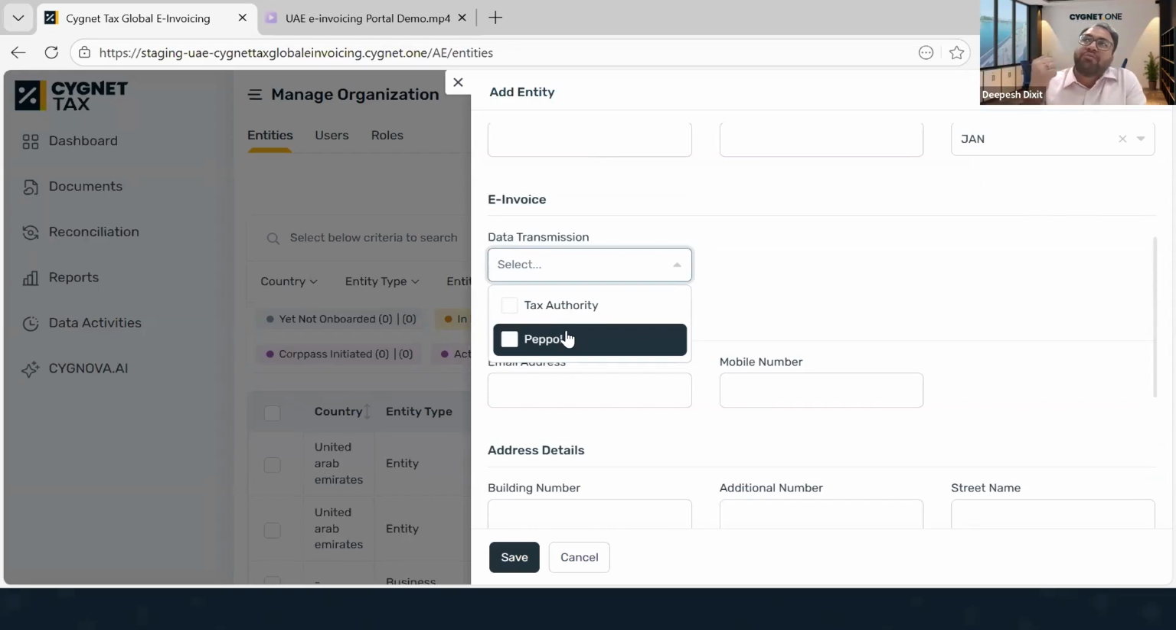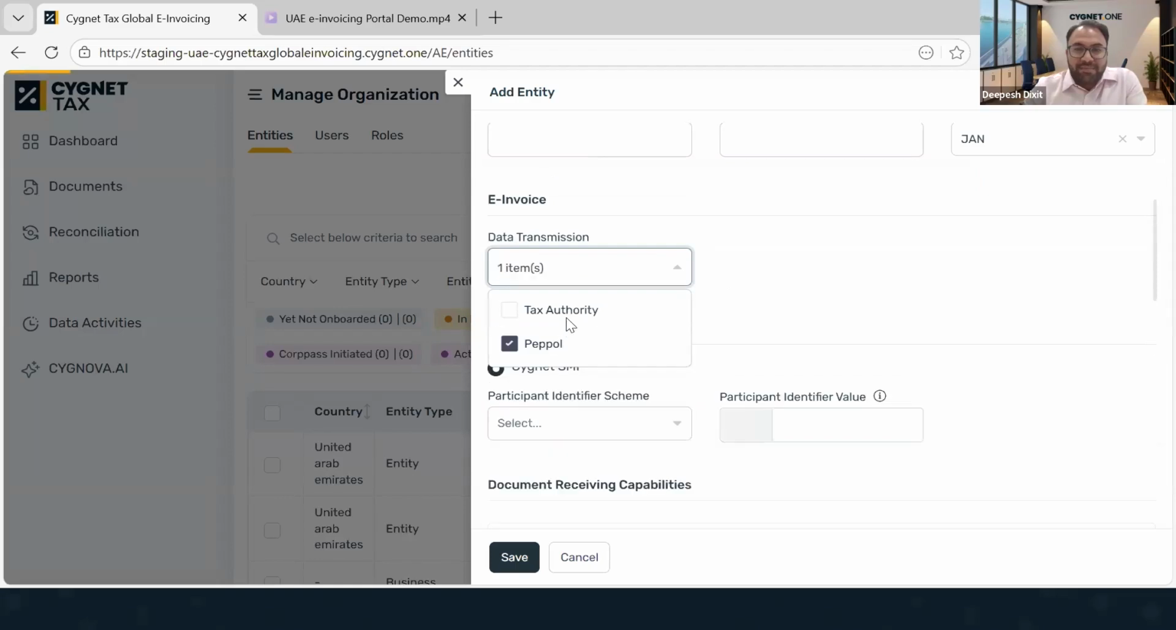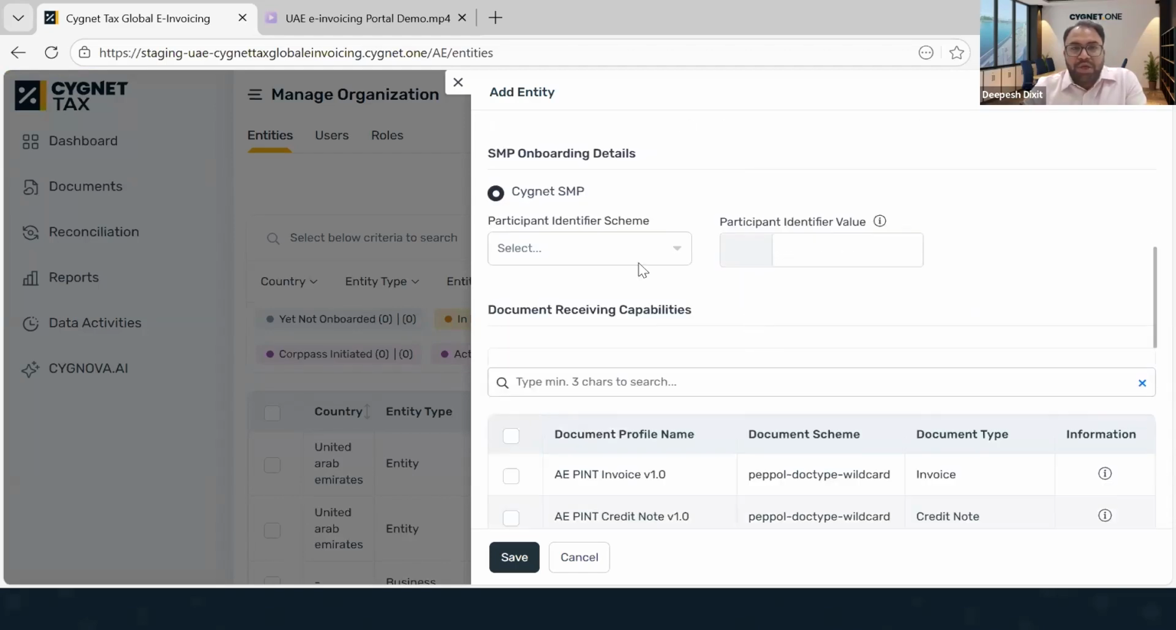In the same way, we have to report it to the tax authority also using the PayPal framework. So we have to do the onboarding over the Imara Tax Portal also. For that purpose, we would be selecting the PayPal and Tax Authority both here. Now, once we select both the checkboxes, you will see the PayPal onboarding would be done